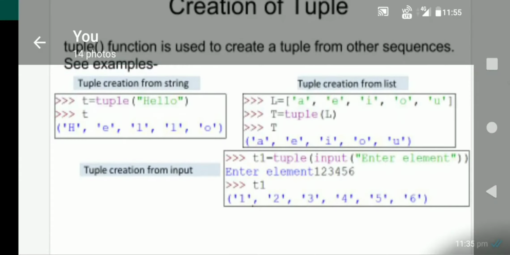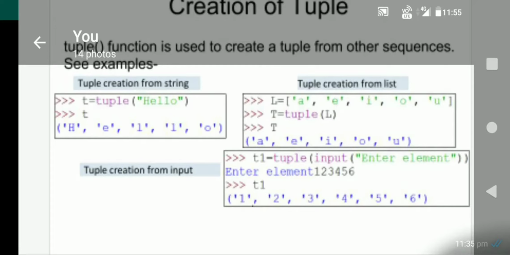So now we have written in the next line T equal to tuple, bracket L. What does it mean? Already we have created a list and we are going to convert a list into a tuple. It means if you have an existing list, you can convert it as per your choice. So now this is another way.